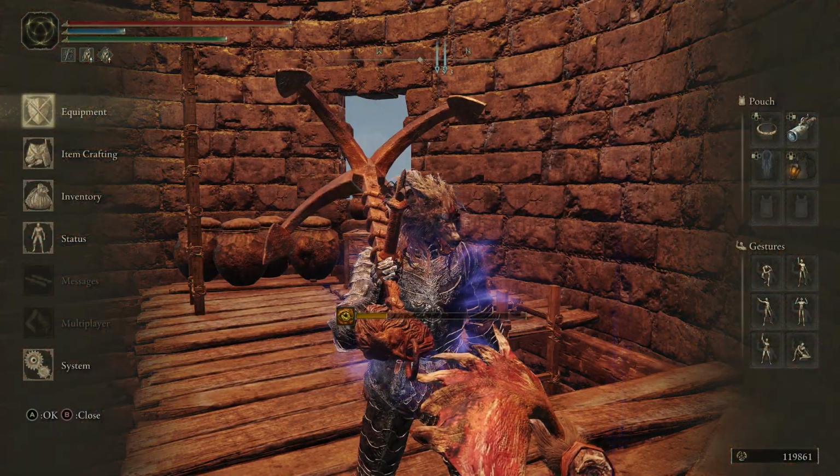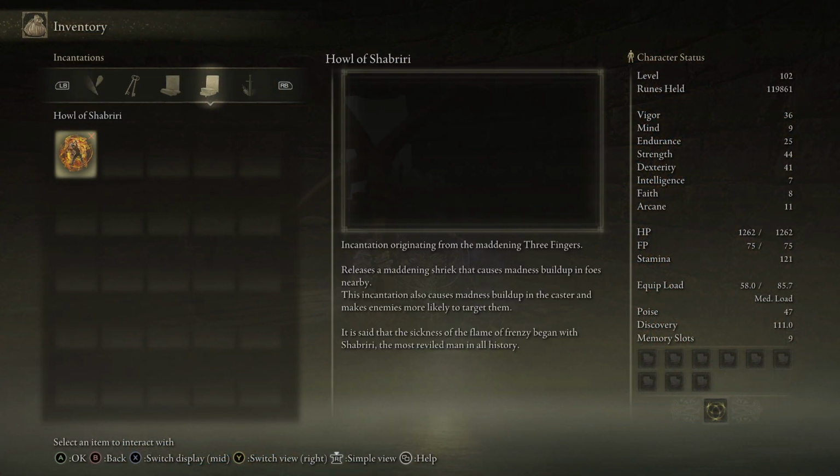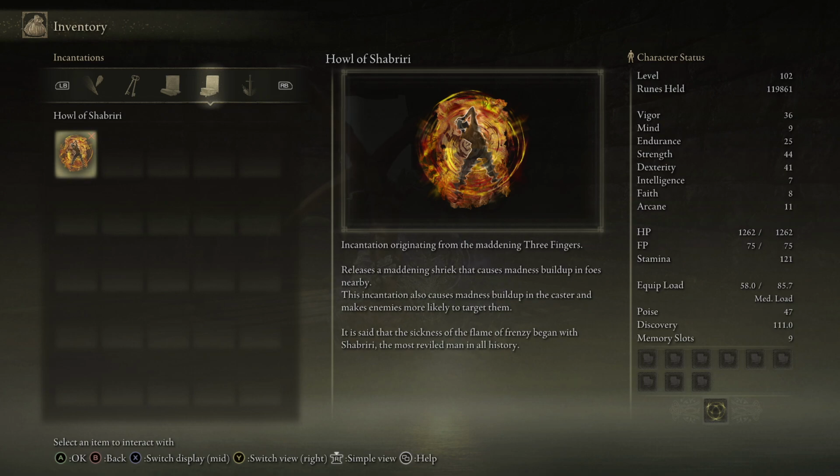The Howl of Shabriri. An incantation, it looked like. Incantation originating from the Maddening Three Fingers. Releases a maddening shriek that causes madness build-up in foes nearby. This incantation also causes madness build-up in the caster and makes enemies more likely to target them. It is said that the sickness of the Frenzied Flame began with Shabriri, the most reviled man in all